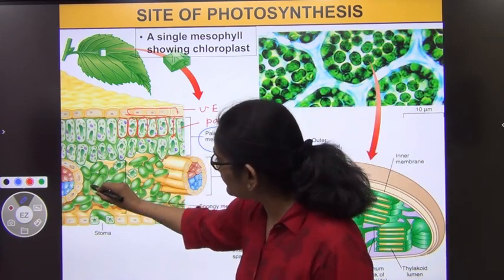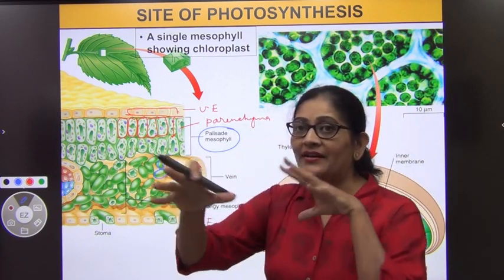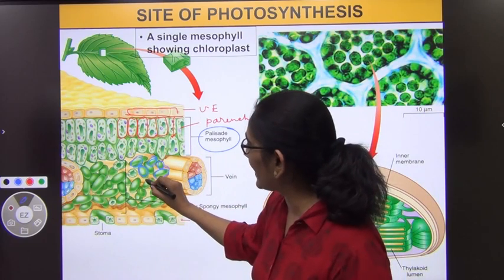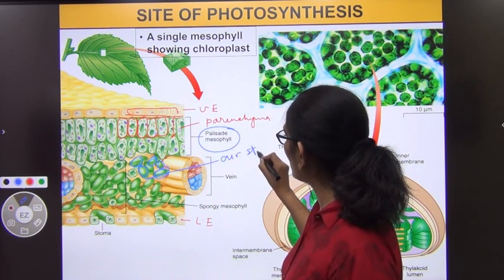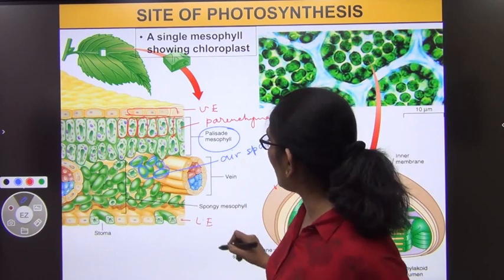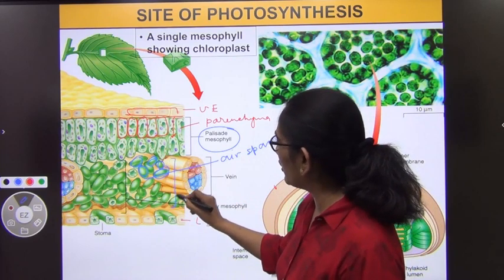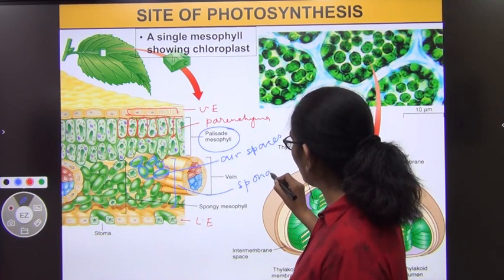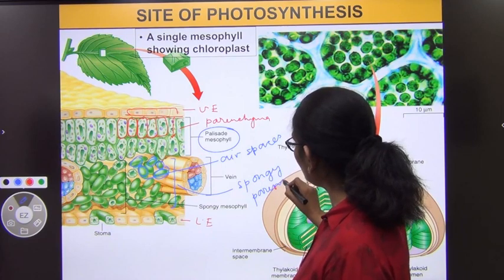And this part, these parenchyma cells, you will see they are smaller and they are randomly distributed. Koi idhar hai, koi idhar hai, koi idhar hai, such that it has a lot of air spaces in between this. See, now air spaces are normally present where? Air spaces are present in sponges. So this part of the mesophyll, we call it as spongy parenchyma, which is not given in this diagram, but I am telling you this is called as spongy parenchyma, right?